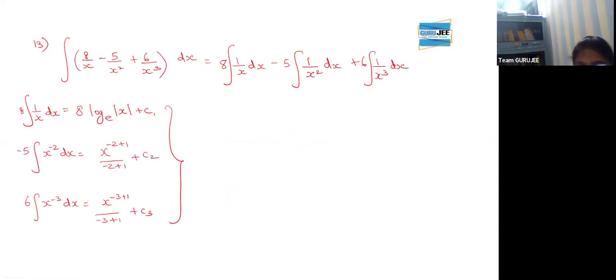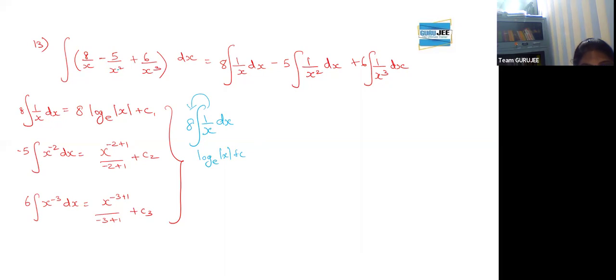So, a similar type of question. No need to copy this. Make it a homework; I will explain. See, 8 by x can be split as 8 times 1 by x. Please listen. Integral of 8 times 1 by x dx. This 8 is a constant. After bringing 8 outside, it becomes 1 by x. Integral of 1 by x is log of x. Plus